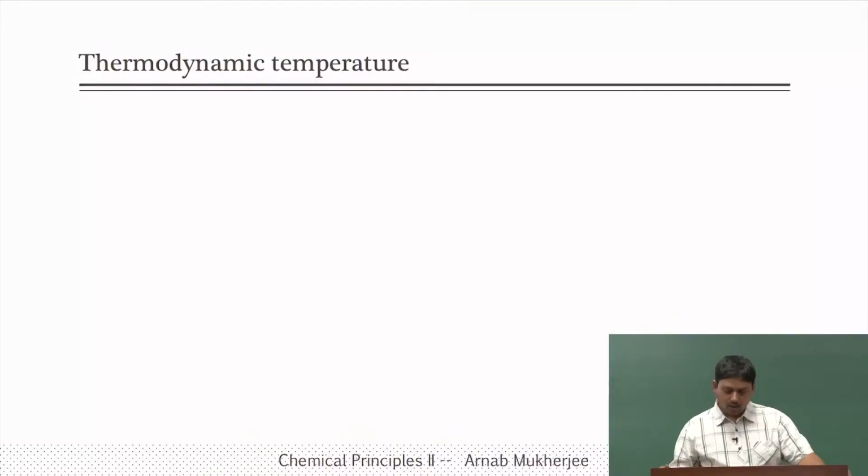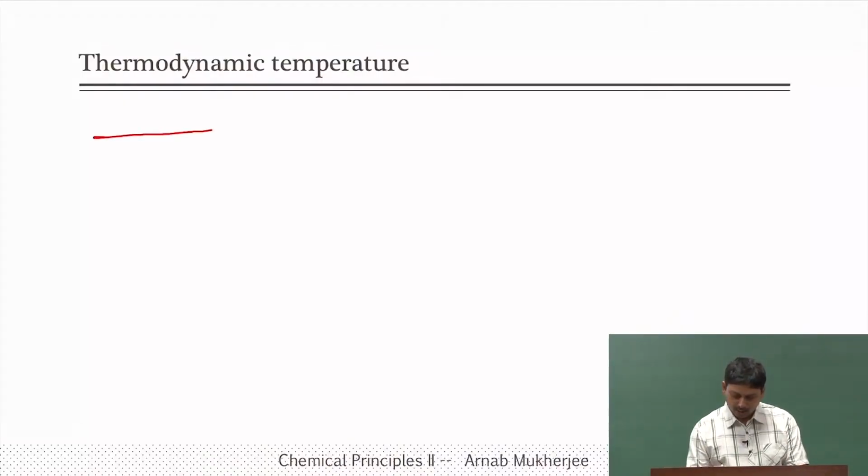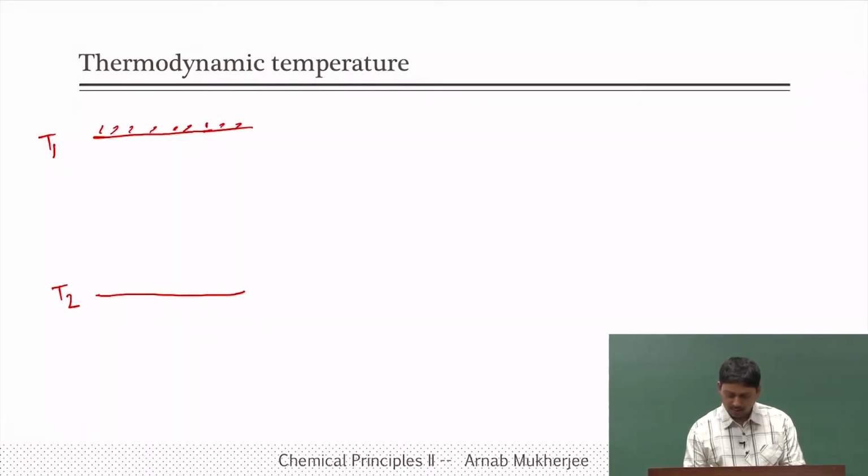The fact that the Carnot engine has the highest efficiency working between two temperature reservoirs gives rise to something called thermodynamic temperature. So, we are going to talk about that. Remember that a Carnot engine working, let us say, between two temperature baths T1 and T2, where T1 is the high temperature bath